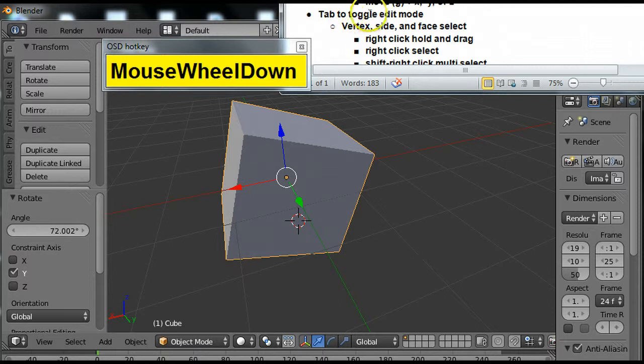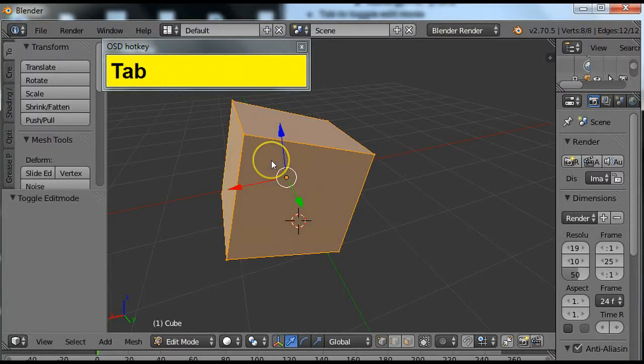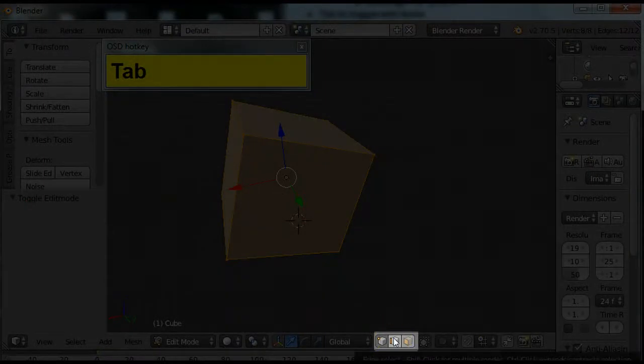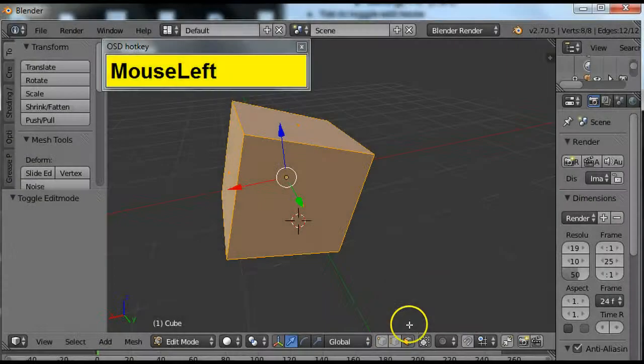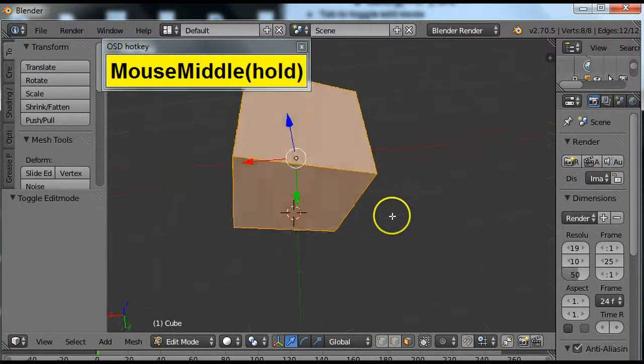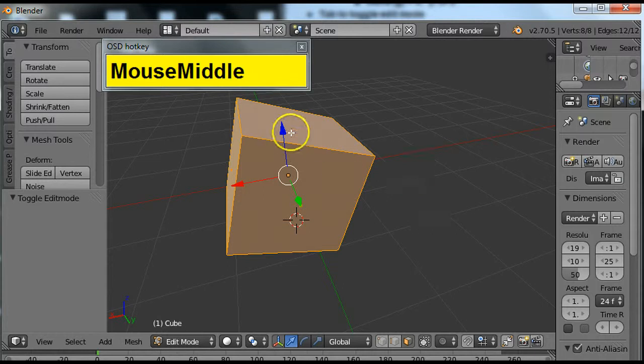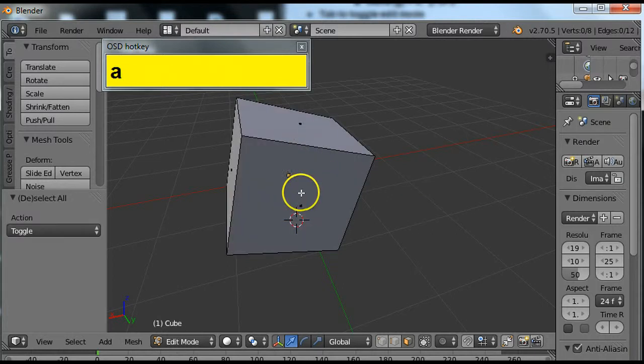If you hit the Tab key, you will toggle into Edit Mode. Edit Mode is what makes Blender more than Tinkercad. Let me demonstrate. I will hit Tab, and instantly you can see I'm in Edit Mode. Hit Tab again, back in Object Mode. Let's stay in Edit Mode so I can demonstrate these three places here. We have Vertex Select, Edge Select, and Face Select. If I click Face Select, you can see there's a little dot on each face. Now everything is selected here, so let me hit A to unselect everything. So that's the faces, and here we have the edges, and here we have the vertices,